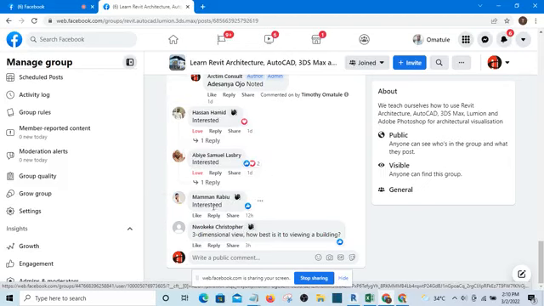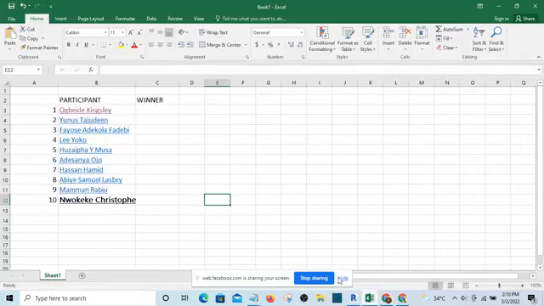We have 10 unique comments, and I've already copied out the names on an Excel sheet. I'm going to use this sheet to create the raffle draw.